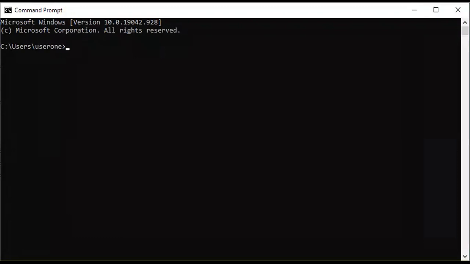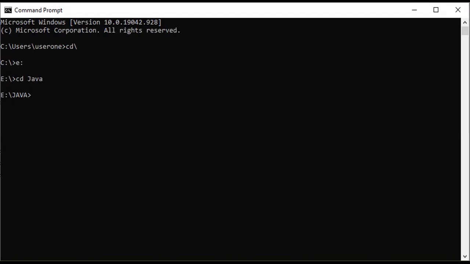Coming to the command prompt, you can simply type cd backslash to go to your directory. This is the default directory, C, but I want to go to the E drive. So type E followed by a colon, and it shifts to the E drive. Then write cd space Java. Java is my folder, so it switches to my directory, and there you can compile and execute your files.